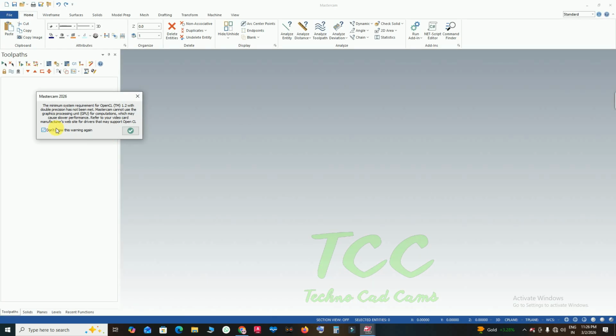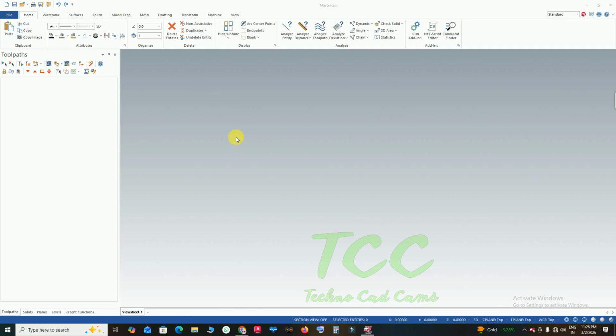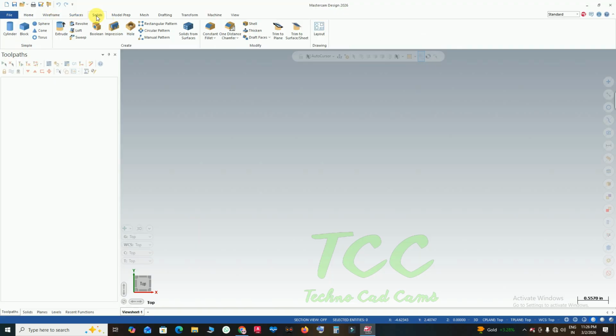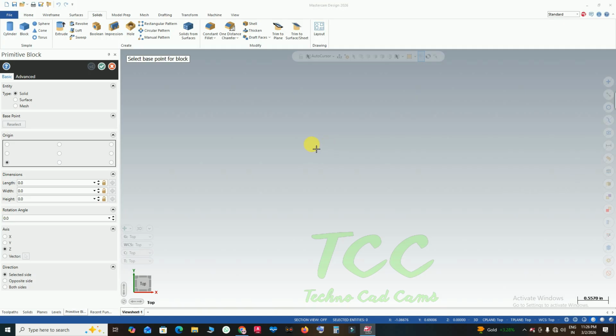Don't show this again. Okay, so as you can see here, it's working 100%. There is not even a single error showing. So simply I'm going to exit.